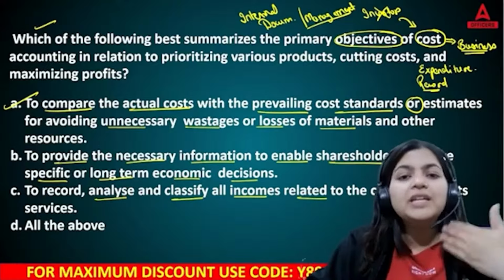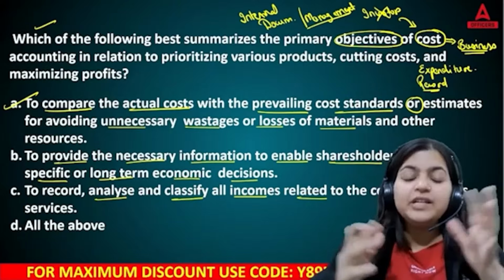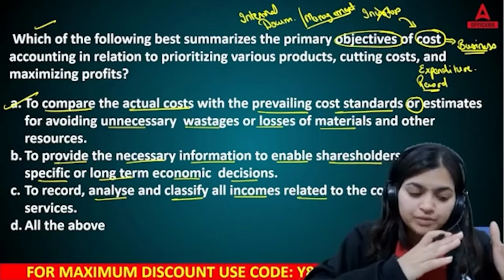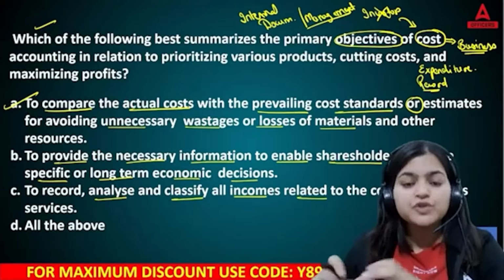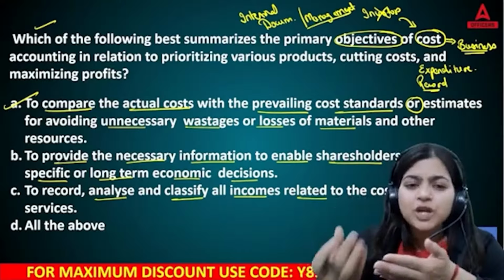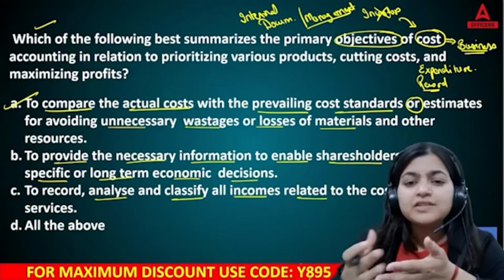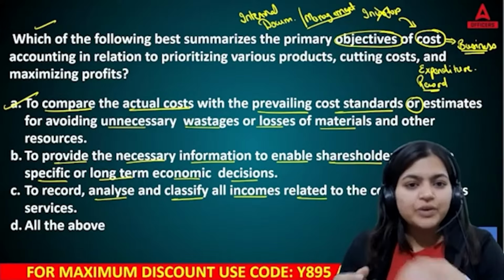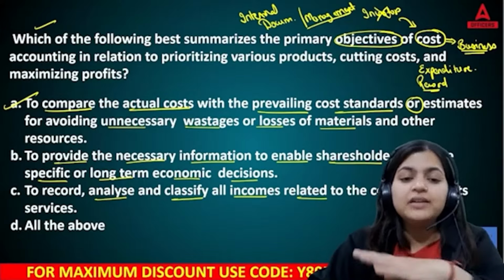So what are the actual outcomes? Then you will compare. Are you working as per planned steps, or are there any deviations? So if you find any deviations, you will take corrective actions. Or in between, if you find any losses, wastages which are unnecessary for your manufacturing, you will try to eliminate it. Okay, so the right answer of this question is answer A.